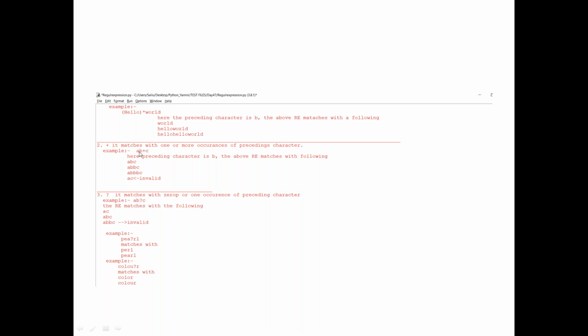AB plus C means there should be at least one B. If there is no B, then I will not accept that string or extract it. So a minimum of one B has to be there, and multiple B's are optional. So ABC, ABBC, ABBBC are valid, and AC will not be valid because at least one B is supposed to be there as the preceding letter.